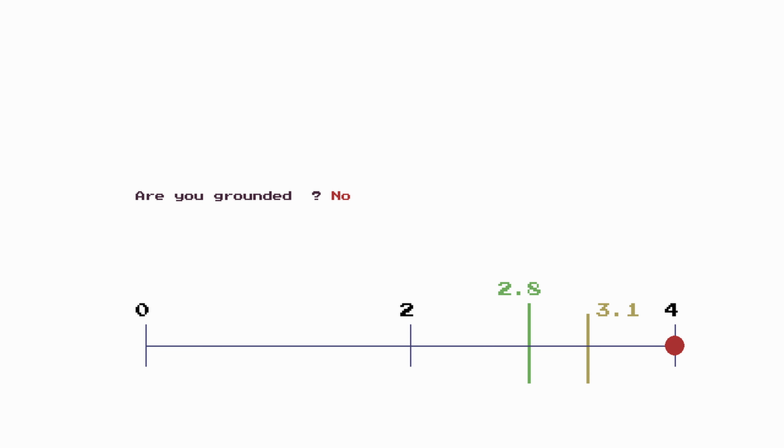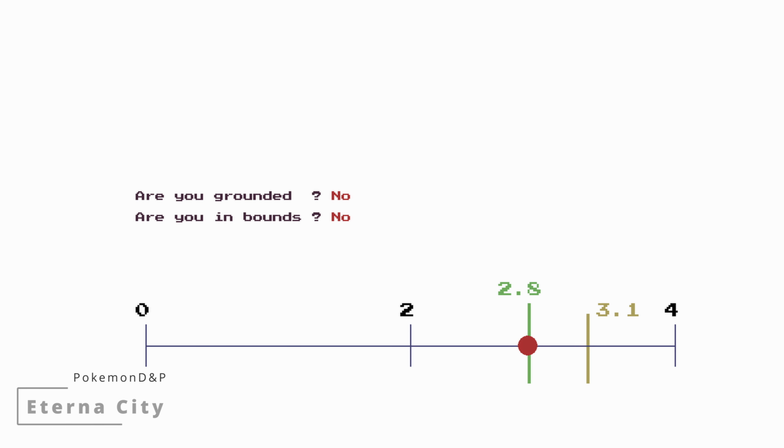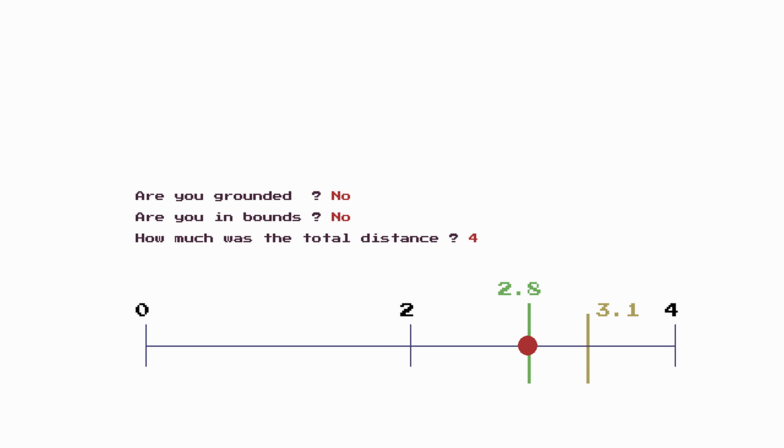Then the game asks, are you in bounds? So the player goes like, no, I'm not in bounds. So the game is like, okay, let me move you back in bounds. So it moves the player back until it is back inside the map. Then it goes, how much distance did you travel since the moment you started falling? And the player is going to be like, well, I traveled 4 meters, so the total amount of distance is 4